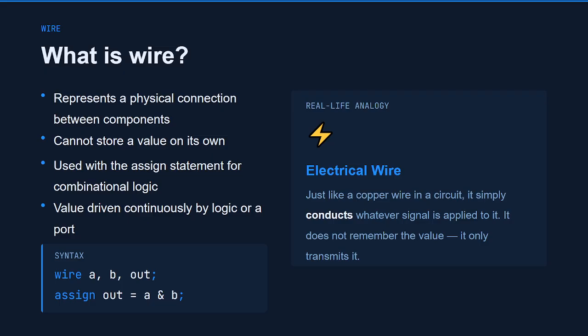Okay, so that pipe will not store any water in it. So that's how a wire works. Wire represents a physical connection between components, but it cannot store a value on its own. Okay, so same as in the example I explained, right? Just like that, consider a wire as